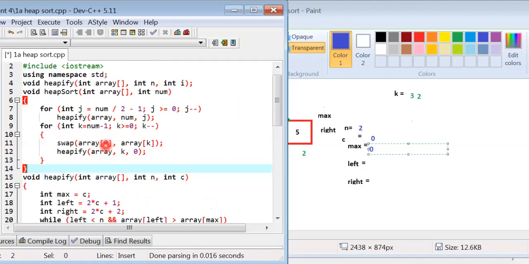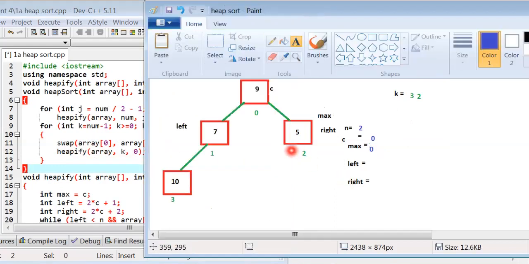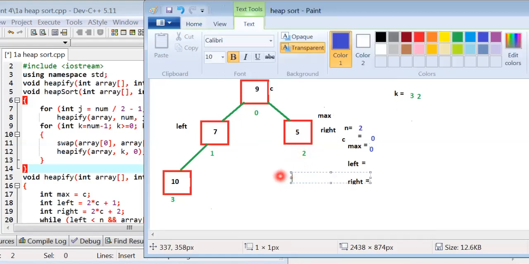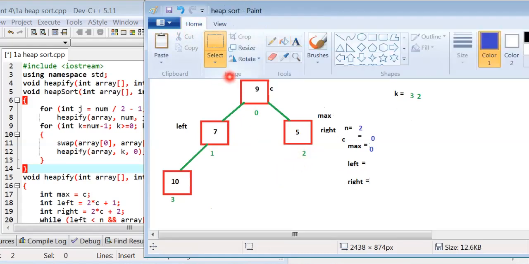I missed this line, that because the k value is decremented, the swap value, the value of swap 0 and 2. 0 is 9 and 2 is 5. This value is swapped, because we call the swap, and it is 9, it is 5 swapped here, and 9 is swapped here.